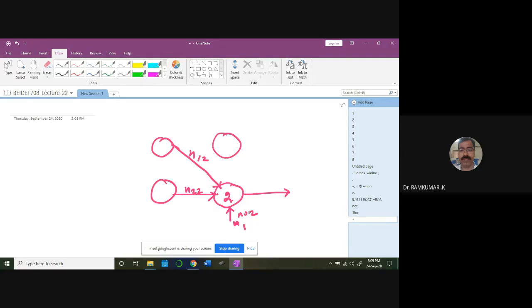These are all the values you need to compute. That's all. Okay. These values you need to update. So how do you update that? Can somebody tell me? Delta N12 I want to update. This weight, how do I update? Tell me the formula. Learning rate times... what do I need to put?